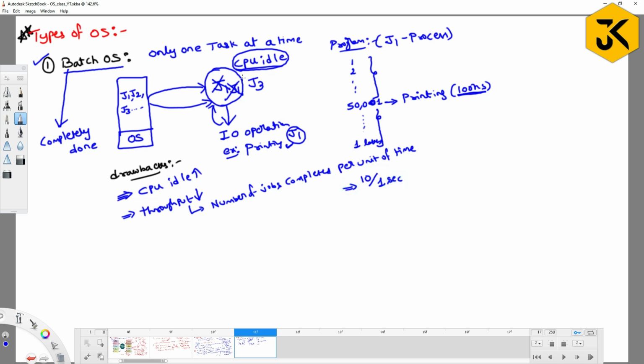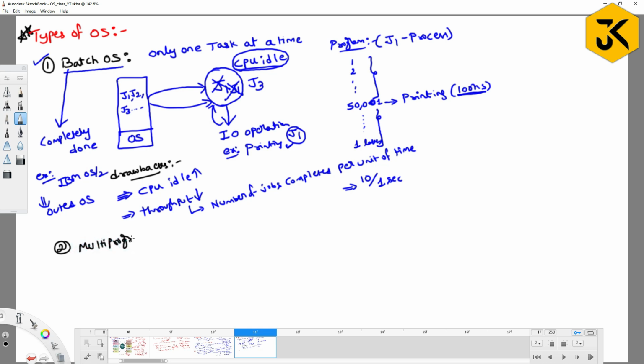As here the CPU is idle and no other job is working, obviously throughput is going to decrease, right? That's the reason these are the two drawbacks of batch operating system. If you want an example for this one, the example is IBM OS/2. Anyhow, this was an outdated operating system. Okay, fine. Let's take the second one, that is